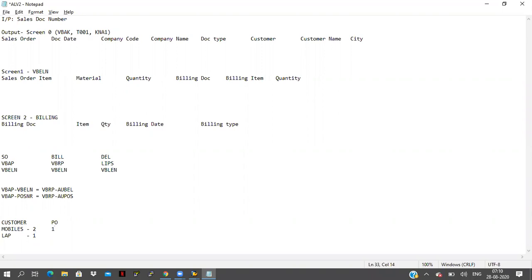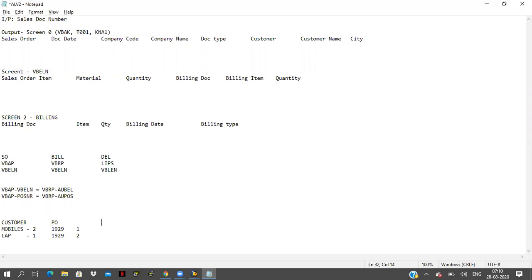PO number equal to 1929, and item number equal to 10 here, or 1. Item number 1 and 1929 only. At the same time you are ordering 2 items here. So now what I'm doing here, I'm generating 1 PO, only 1 PO but 2 items, mobile and laptop. The document number is the same here. This is for your reference, customer reference.